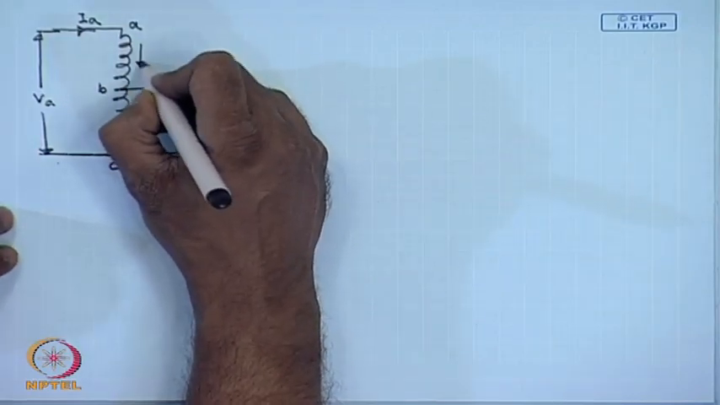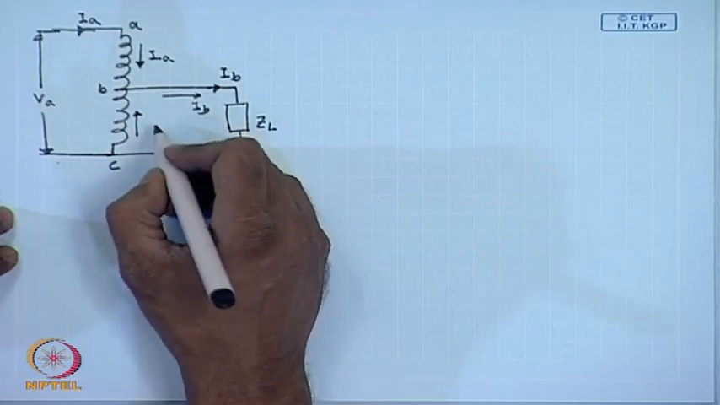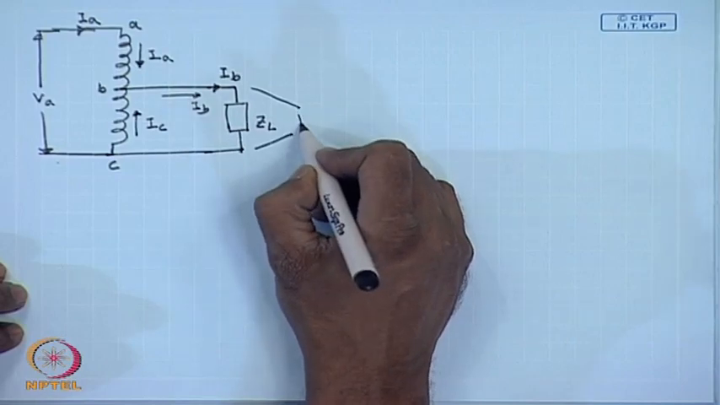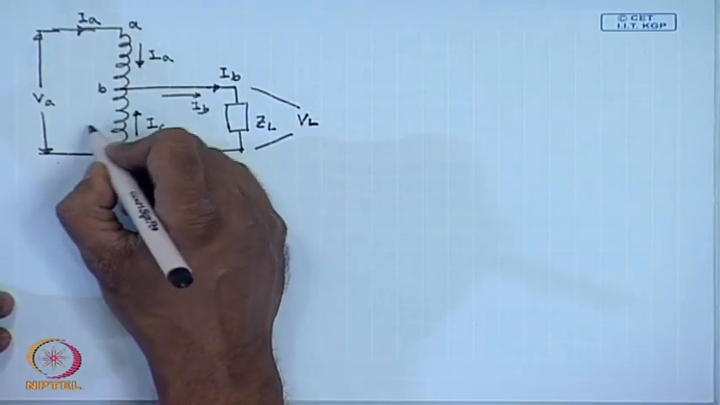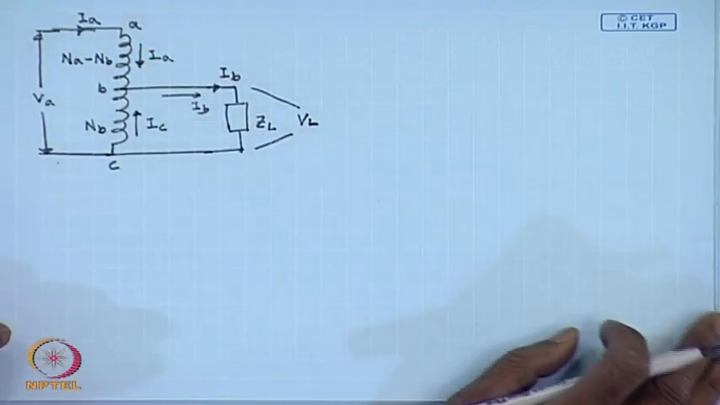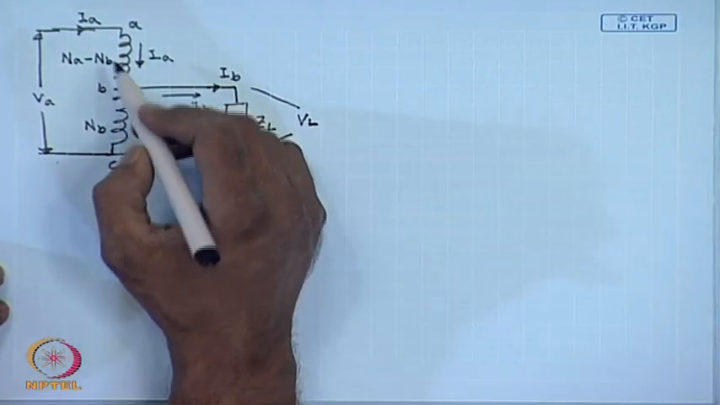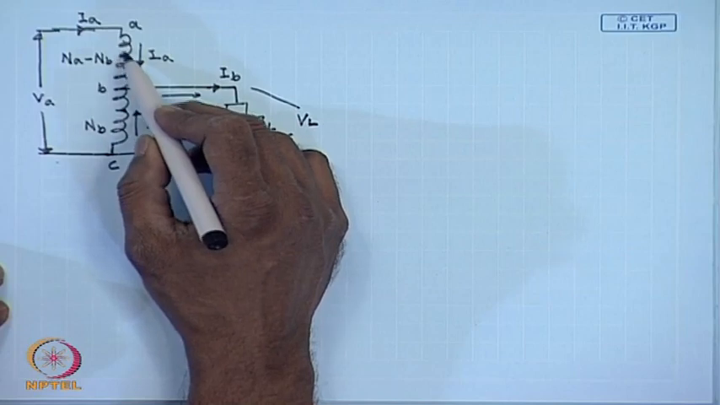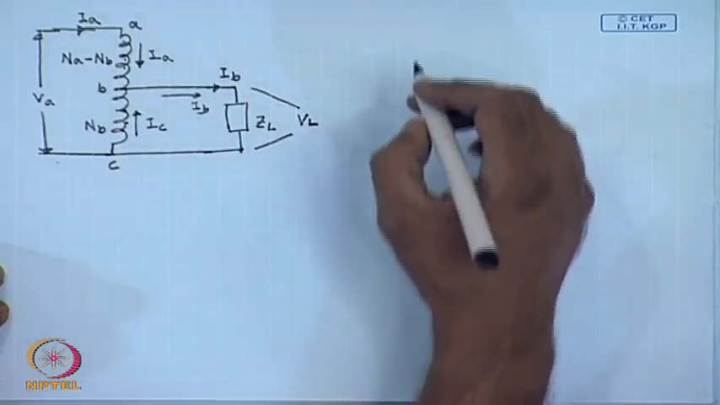This current is I A, this current is I B, this current is I C, and the load voltage here is V L. The number of turns in this section is N B and in this section is N A minus N B. Therefore, it is to be noted that the coil of an autotransformer is wound on a magnetic core. Hence, both the parts of the winding link the same magnetization flux. Therefore, we can write that